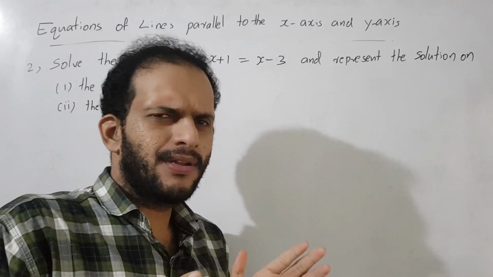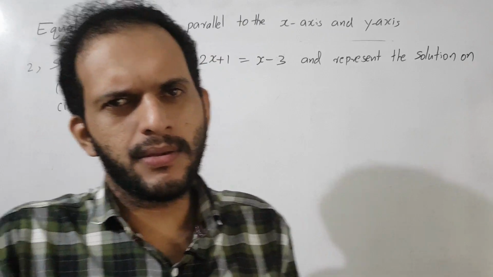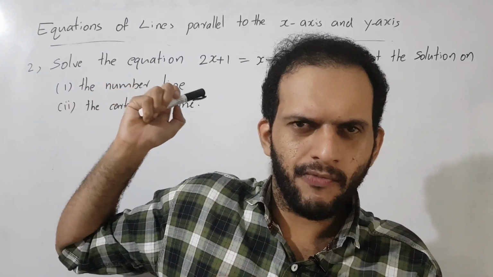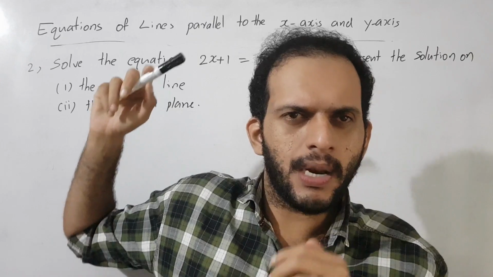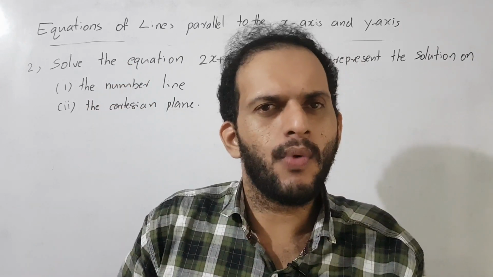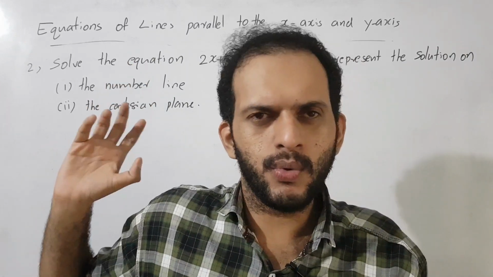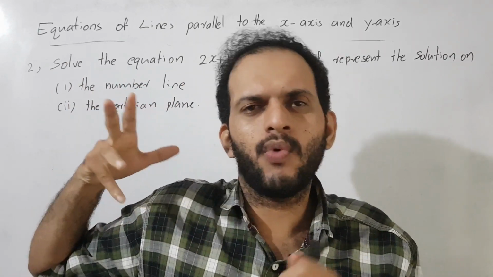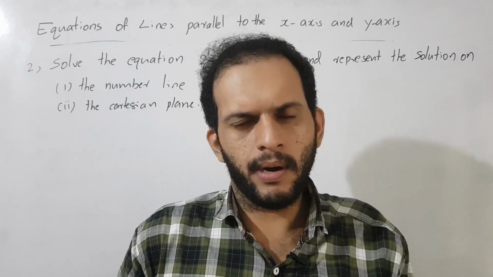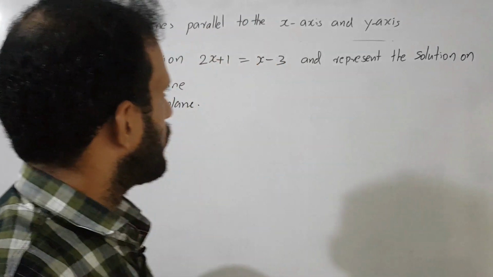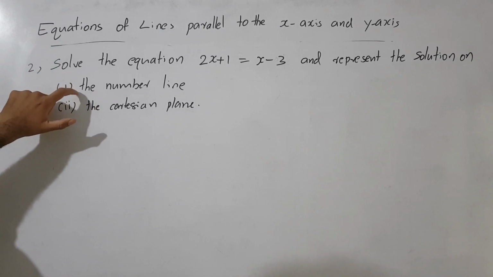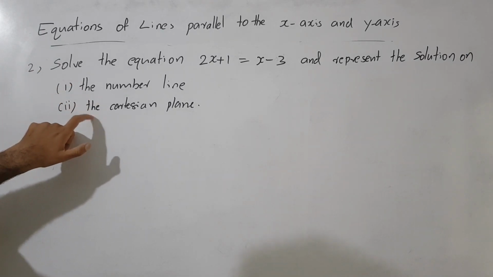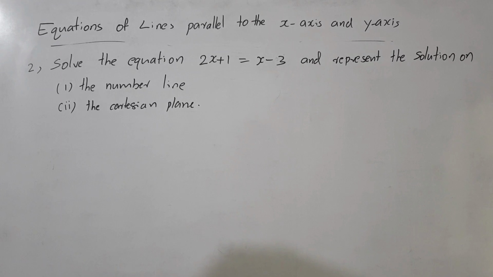Okay, so to convert this type of equation into the form of x is equal to a form, because here we use the variable x. If we use the variable y, to convert the equation in the form of y is equal to a form. Okay, ഇവിടെ നമ്മൾ യൂസ് ചെയ്യുന്നത് x variable ആയതുകൊണ്ട് x is equal to ഫോമിലേക്ക് മാറ്റണം. ഇനി ഇക്വേഷനിൽ ഉള്ളത് y വാല്യൂ ആണെങ്കിൽ y is equal to ഫോമിലേക്ക് മാറ്റണം. Okay, then we started like this. We know how to represent on the number line and how to represent on the Cartesian plane. Cartesian plane means representing on the graph. Okay, two variables.